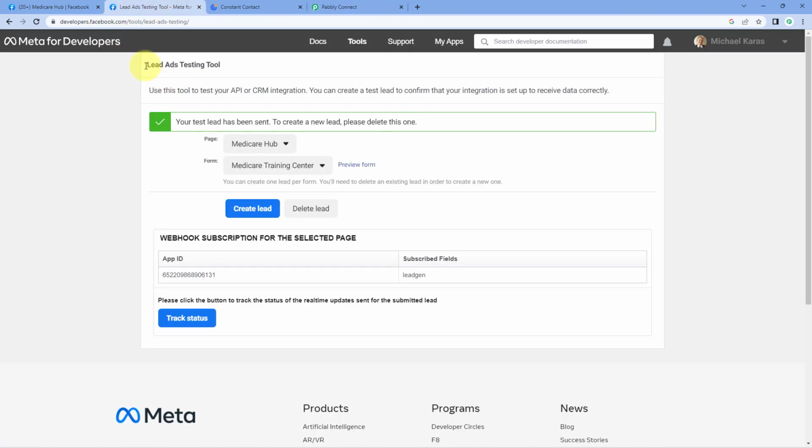We will get back to our Facebook Lead Ads testing tool and we will create a new lead. Now before creating a new lead, we have to actually delete the previous lead. This is because you can create one lead per form. You will need to delete an existing lead in order to create a new one. The help text itself says that only one test lead can be created at a time. Just click on this delete lead button